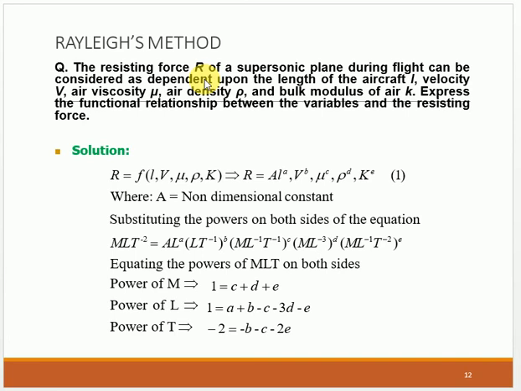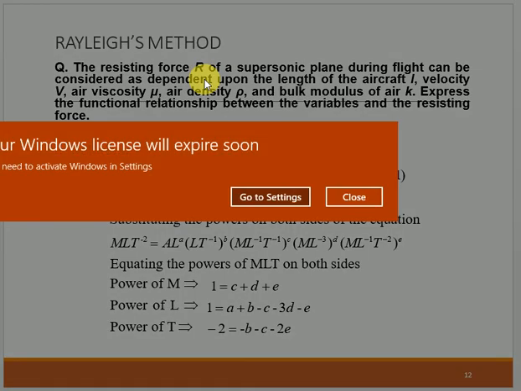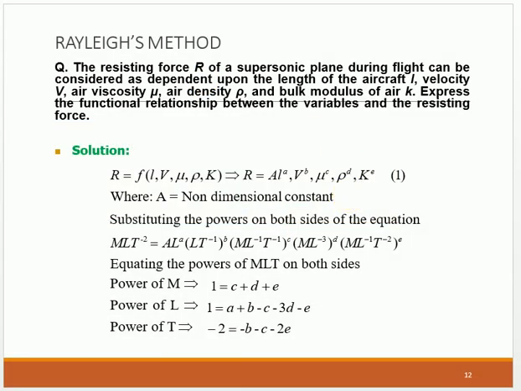So here we have a sample problem which has been taken from a textbook. The resisting force R of a supersonic plane during flight can be considered as a dependent variable. We know what the resisting force is, it's the opposing force. This opposing force of a supersonic plane during flight depends upon the length of the aircraft, because throughout the length the air tends to flow, so that's why the resistance varies with respect